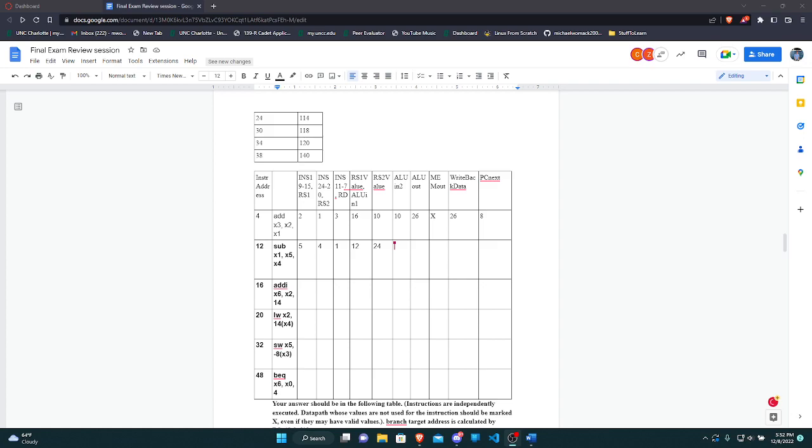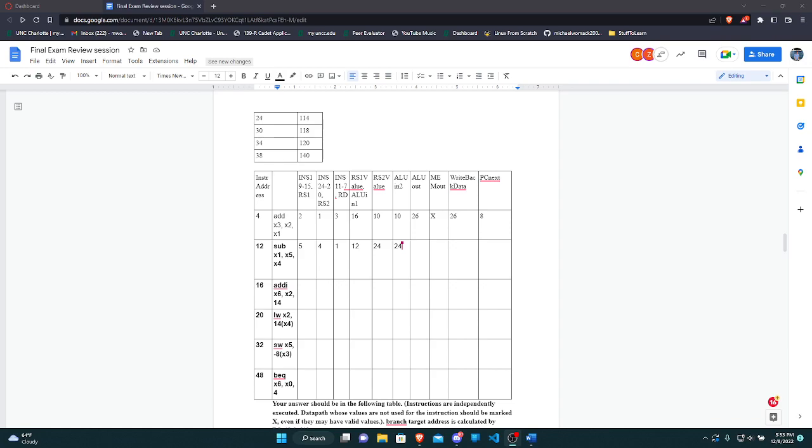Then for the ALU in 2, that's going to be the specific data path going like that. The second input for the ALU, the RS1 value, already has your ALU in 1, and then your ALU in 2 is just going to be your RS2 value going right into that. And so with ALU in 1 and ALU in 2, the ALU is going to do